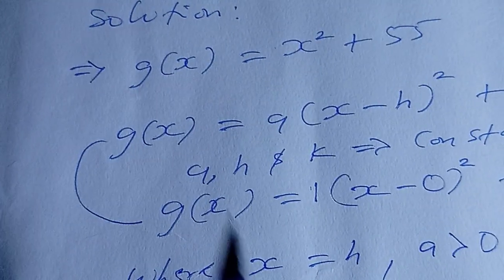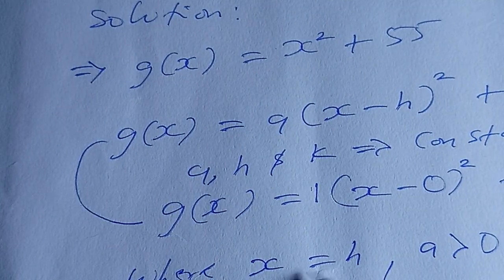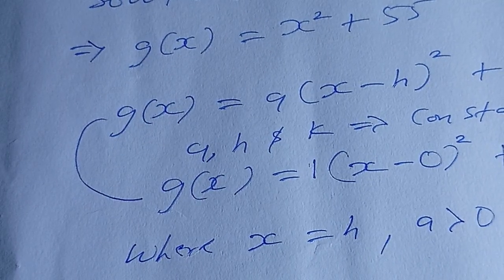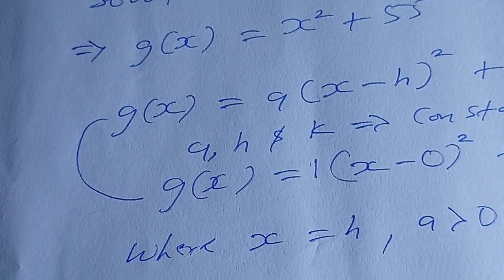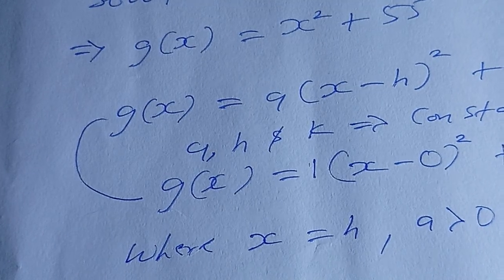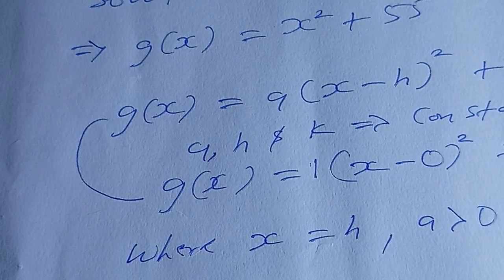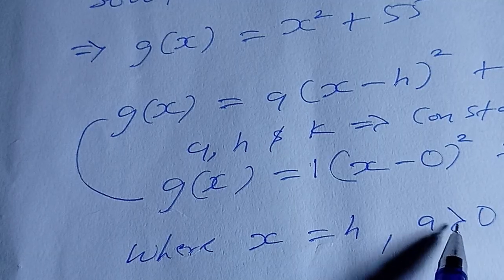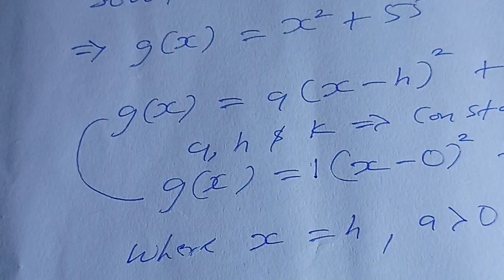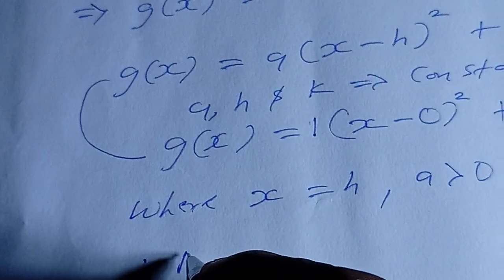The function, as we're given, g of x equals (x minus h) squared plus 55, will have its minimum value where x equals h and a is greater than 0. That is where it will have its minimum value. So we can write that out again, where x equals h. Here we're seeing that a is already 1, which is greater than 0. So for the minimum value,